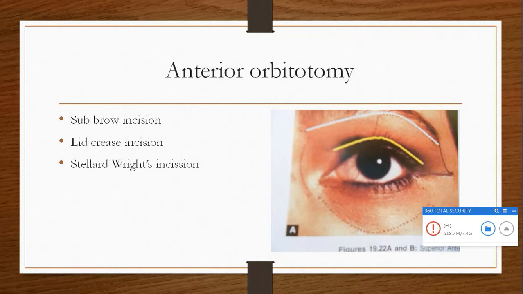These are the three incisions by which you can open the anterior orbit or superior anterior orbit. This is the subbrow incision, and this is the lid crease incision. When you extend the subbrow incision laterally, it becomes the Stallard-Wright incision. These incisions are taken to remove lacrimal gland tumors.